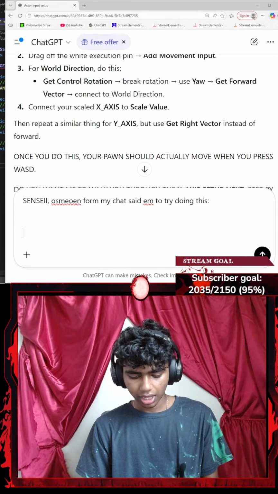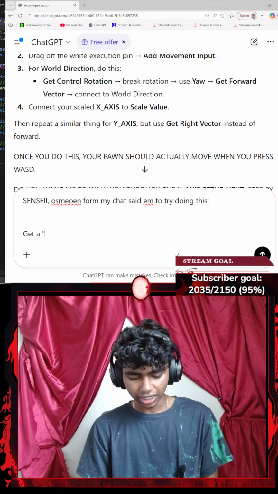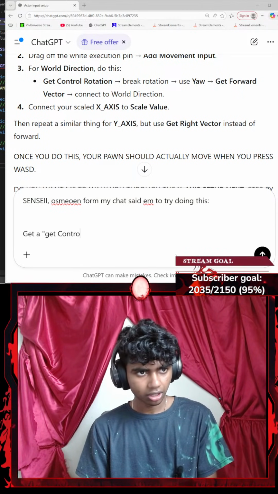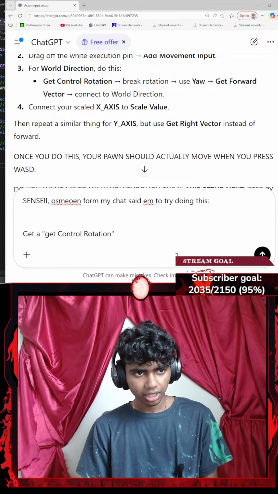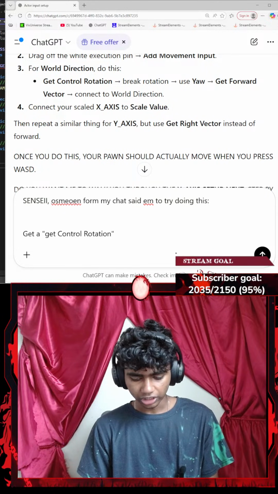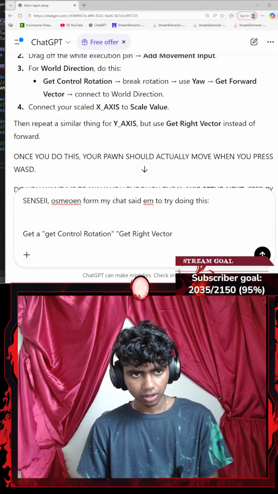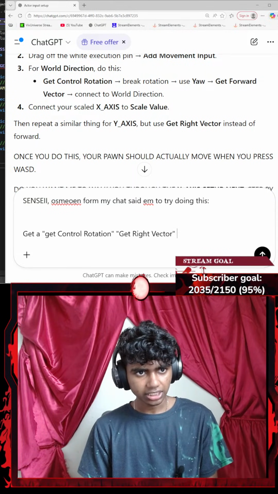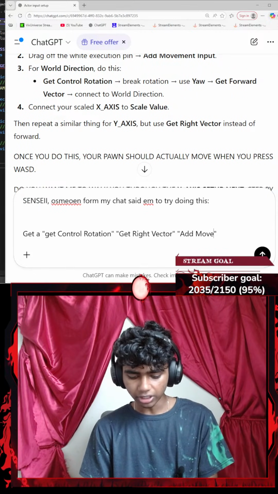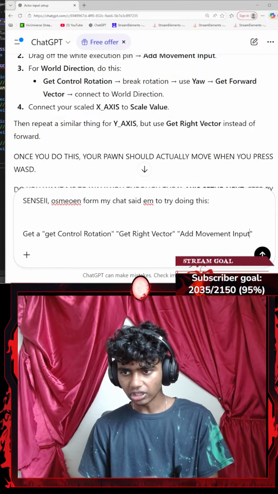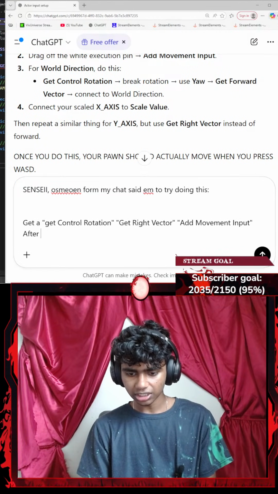So, get control rotation, get control rotation. Let's go with something like get right vector. Okay, and then I gotta go ahead and get something like add movement input. There we go. And then after that, let's say something like after that,